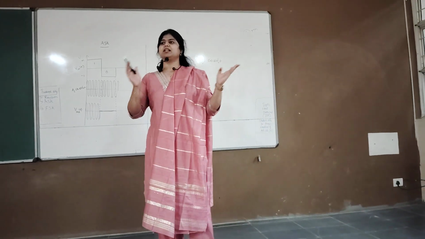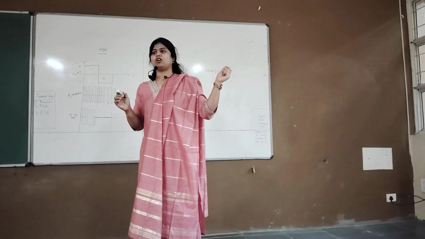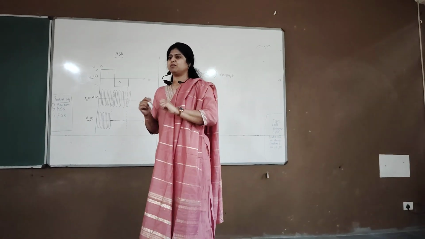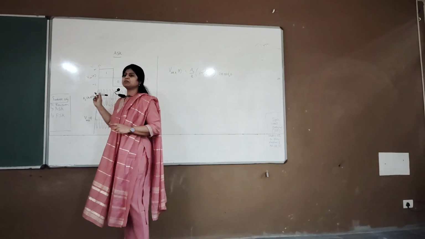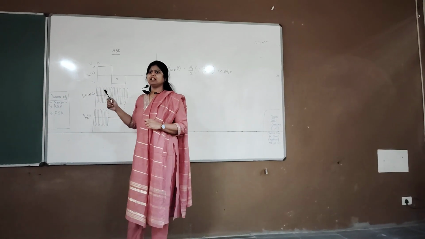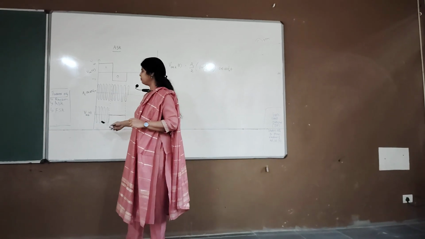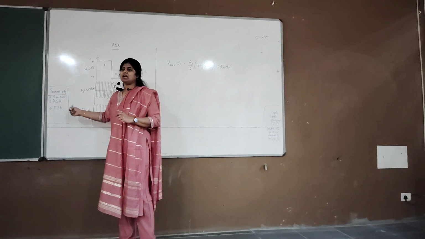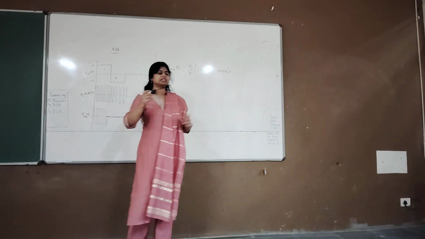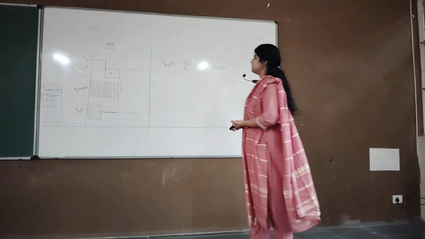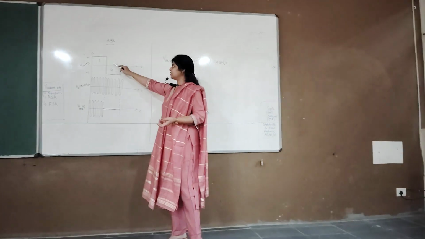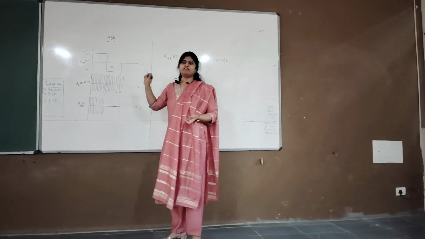The difference between analog and digital is that there we take an analog message signal, here we take a digital message signal. Today's objective is to discuss the complete ASK, what is the input and corresponding output. We will see what is FSK and PSK. In the last class we have seen the definition of ASK, right? The amplitude of the carrier is varied with respect to the digital message signal, keeping frequency and phase terms